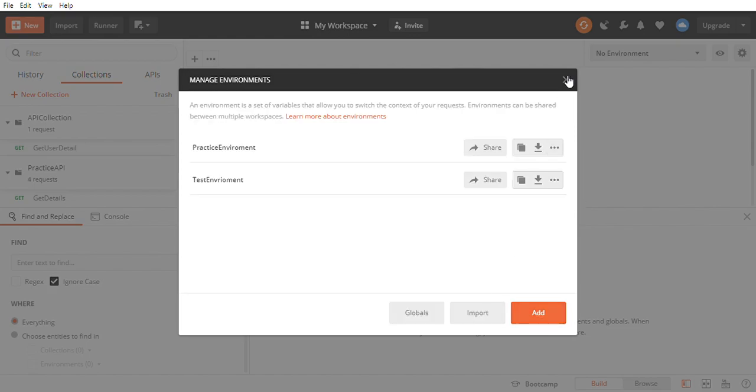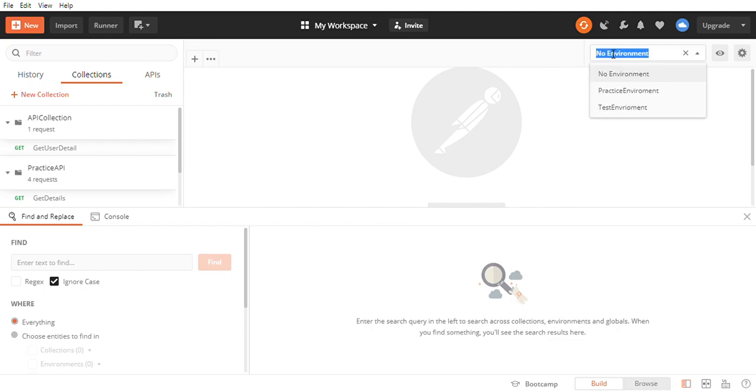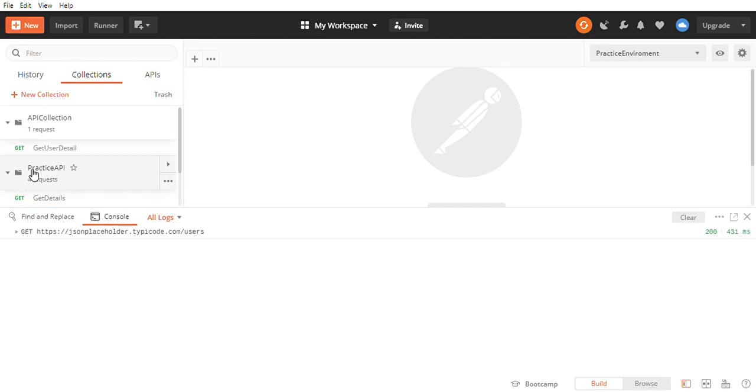You can see my environment, which I named practice environment, has been created. Now use this environment for our API collections, the ones we created yesterday.